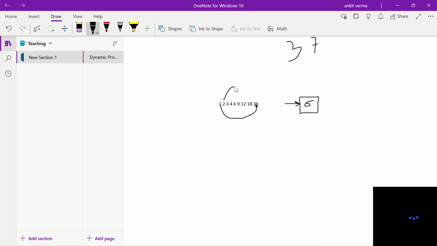If I multiply these two numbers, I get 36. If I multiply these two numbers, I also get 36. And if I multiply a number by itself, I also get 36.